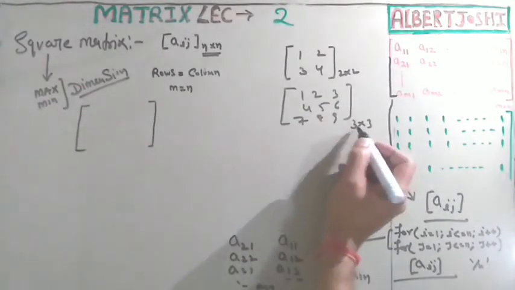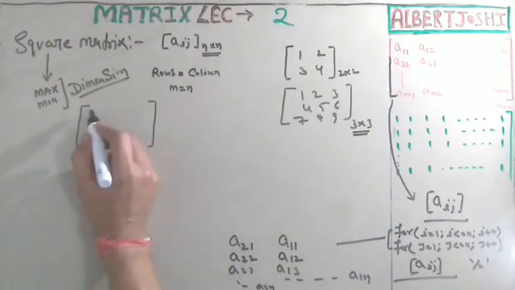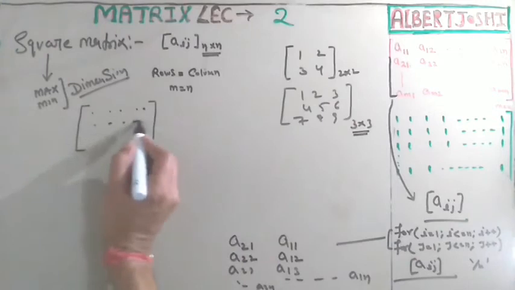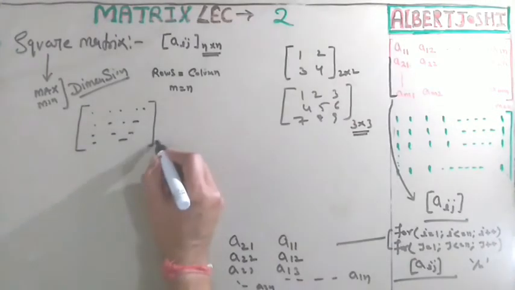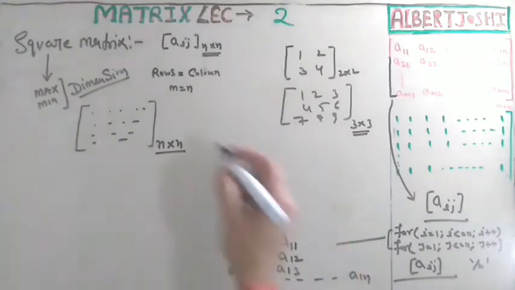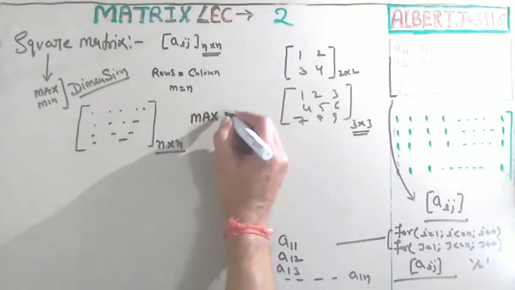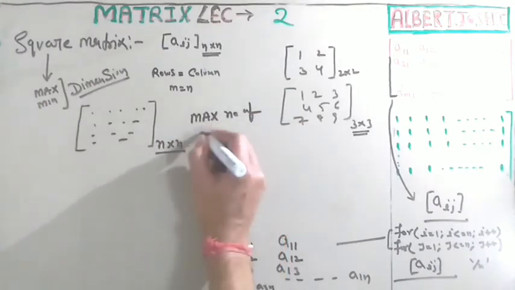You can see that the total number of elements that can be placed is n into n. If you put many elements here, how many maximum elements can be placed? That is n into n. So the maximum number of elements that can be placed in a square matrix